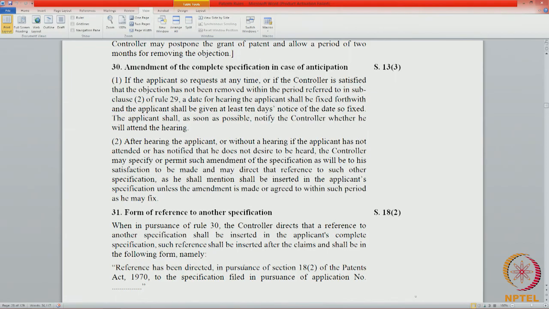But wherever he can exercise discretion, we understand discretion as a choice either to do one thing or another. Under section 15, he can grant a patent, ask for amendment, or refuse the patent application. So he can do three things, and that is where discretion comes in. Where he exercises discretion under rule 129, he has to give the applicant or a party a hearing. This is to satisfy the principles of natural justice.